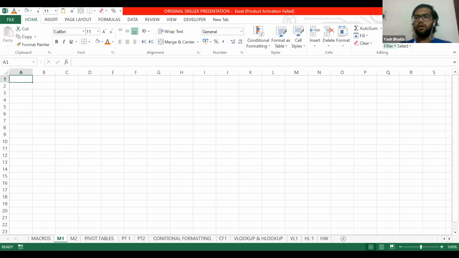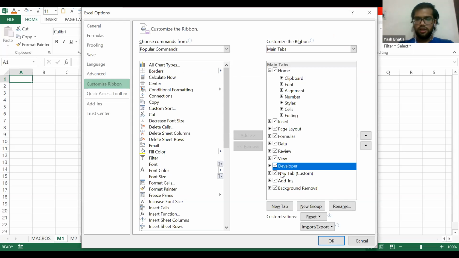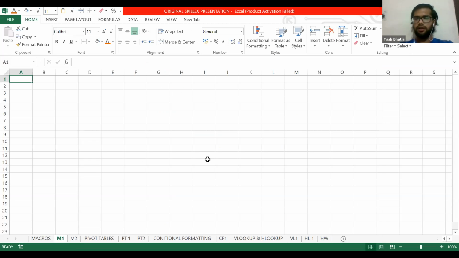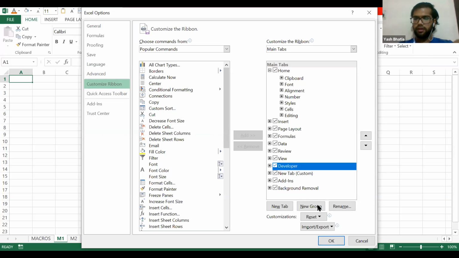First of all, click on the empty space of any tab. You will see four options. Click on customize the ribbon. Here, the drop down menu appears. This is a normal Excel ribbon in which you don't find the developer tab. I've removed it. To add the developer tab, right click on the empty space in any tab, choose customize the ribbon, select the developer tab from here, click on OK, and it will automatically add the developer tab.